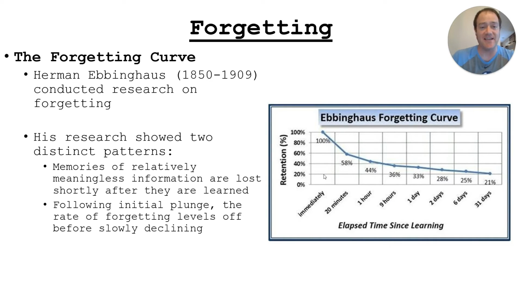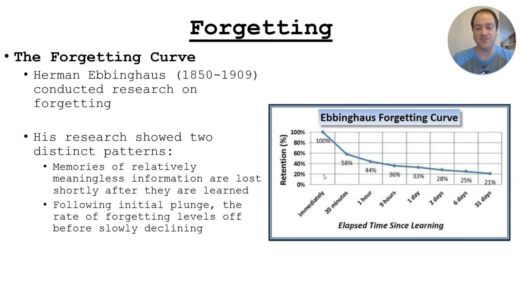So this is one of those things that kind of just gets thrown in this set of notes. Sometimes you'll see it called the Ebbinghaus forgetting curve, or Ebbinghaus's forgetting curve, or the Ebbinghaus curve. Basically what this says is that he did a bunch of research on how quickly or how much we remember over time. And what he found was that a lot of the stuff we learn or experience, and I talked a little bit about this in the first set of notes, a lot of what we learned, we tend to forget pretty quickly.